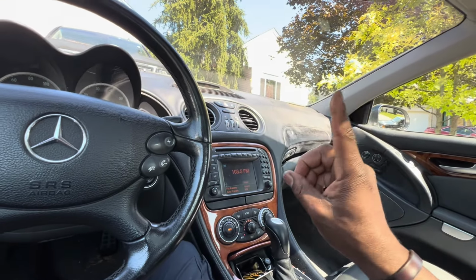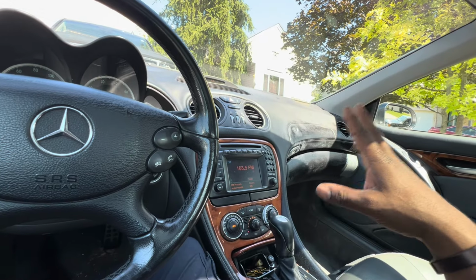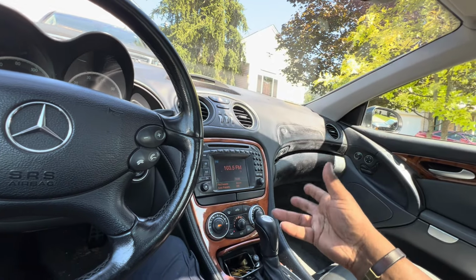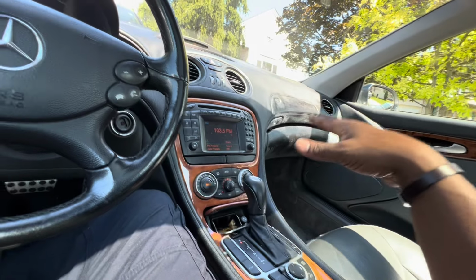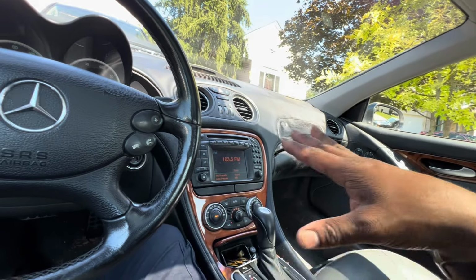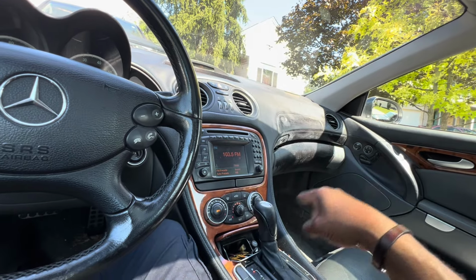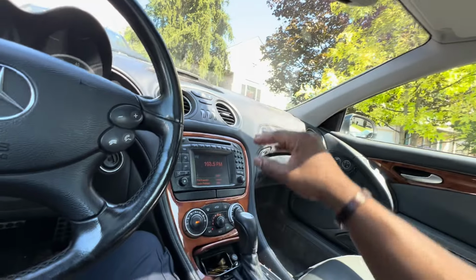If it is problematic, for some it's worse than for others. Some people have not had to put a lot of money into it, and some people have put over $10,000 into their suspension. You're not going to see that money back, guys. It's just what it is. The value on these cars is still going down. They have not flattened out or plateaued. They are still dropping. To see the reversal of that, and for these to be worth something in their 20s and 30s, is such a far-fetched